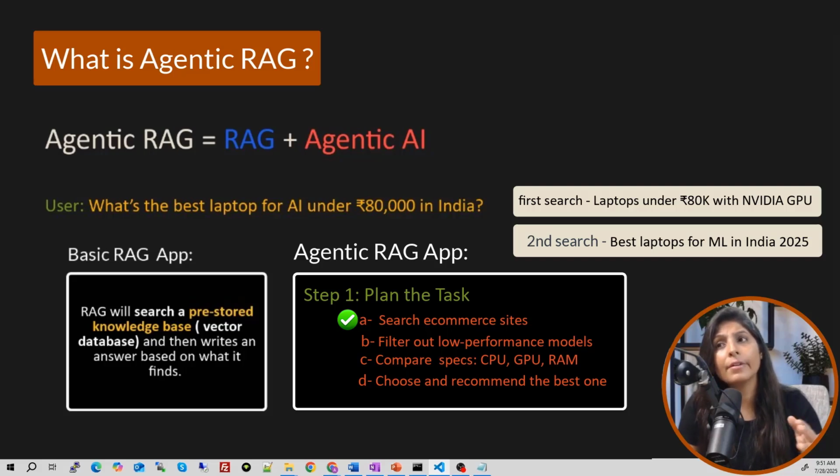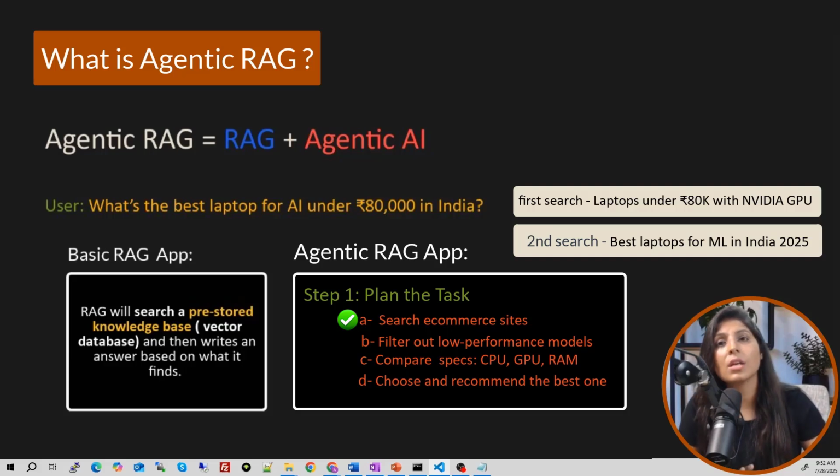So here the agent is not just retrieving chunks. See, in RAG, the system is just retrieving chunks which are already stored in the pre-knowledge database. But in agentic AI, the agent is not just retrieving chunks, it is using external tools, it is using multiple questions to search, it is interacting with real-world data, right?